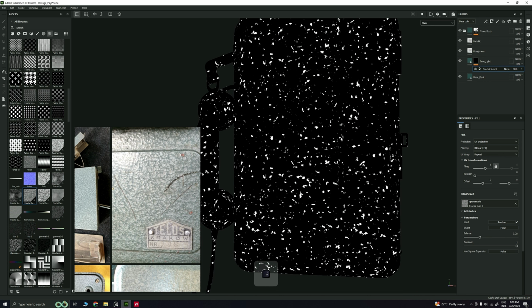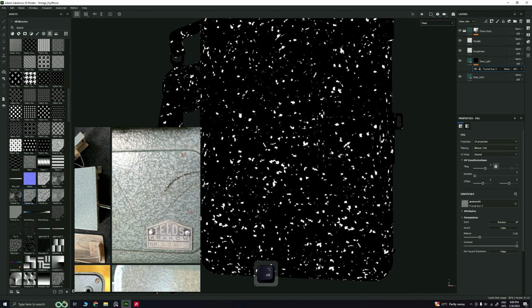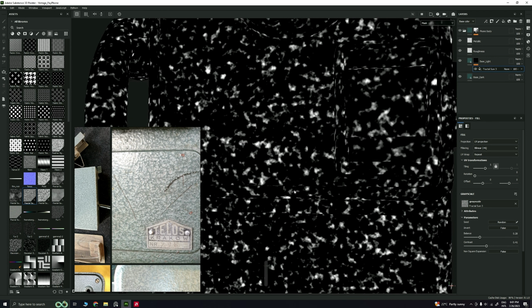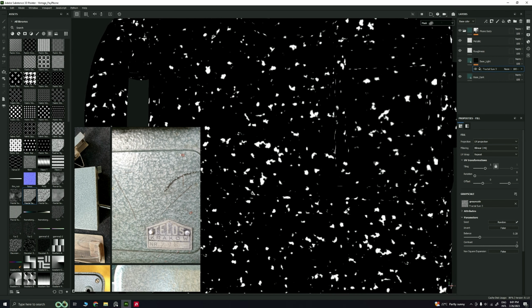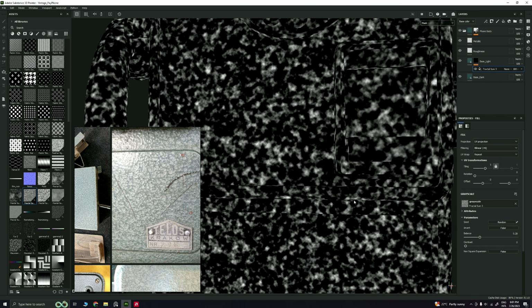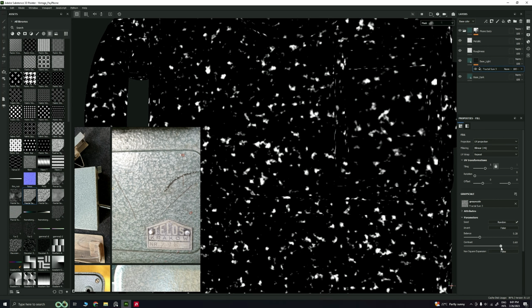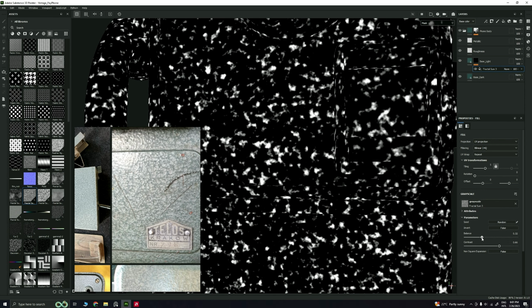Contrast basically determines whether the mask is entirely black and white or it has some grays in it. See, now you see the grays appearing here. If you increase the contrast, it is pure black and white. If you start decreasing the contrast, you see a little bit of gray start appearing. That's what contrast basically does. Okay, contrast, let's keep it at 0.66,